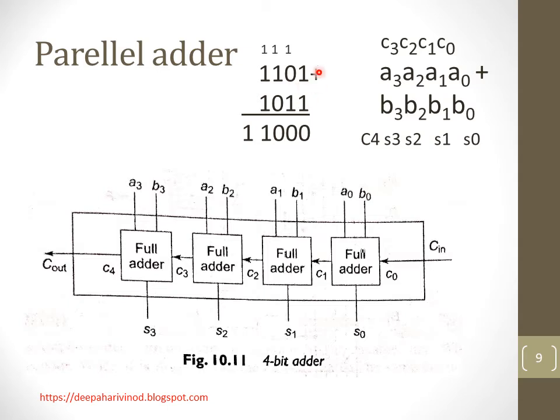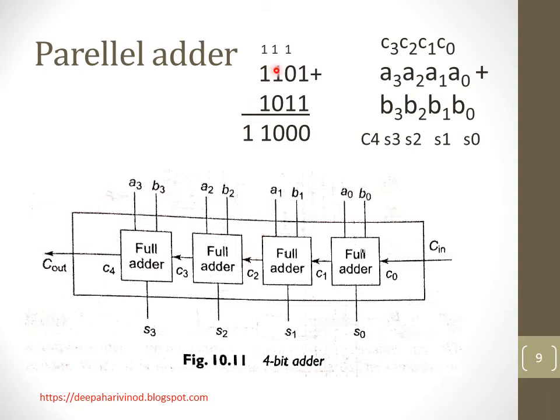So 1 plus 1 is given as the input to these 2 bits, and the Cin will be 0 for the first full adder. The corresponding sum output will be 0, and we have the carry C1 as 1. This one will come here. After that, A1 and B1, that is 0 and 1, will be given and added with this Cin, and then the sum will be 0, and we will have a carry 1 again. That carry will appear here.